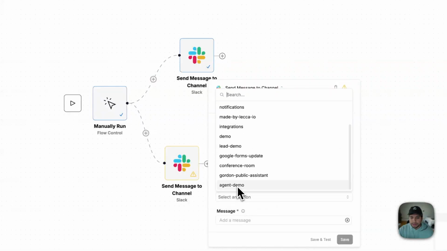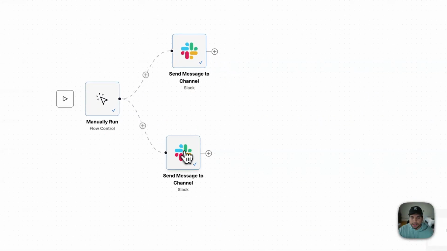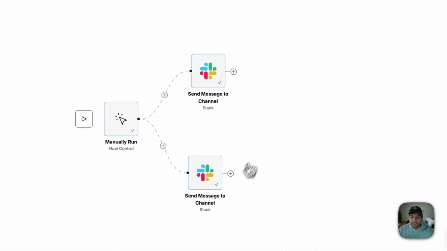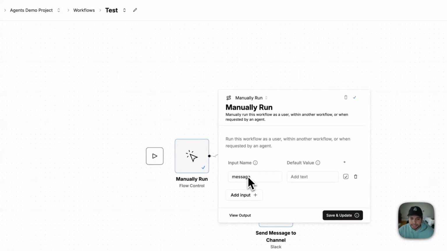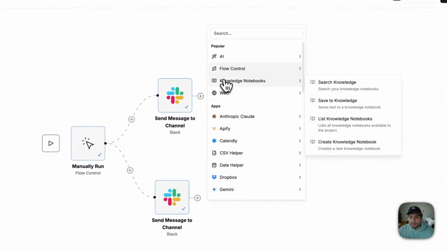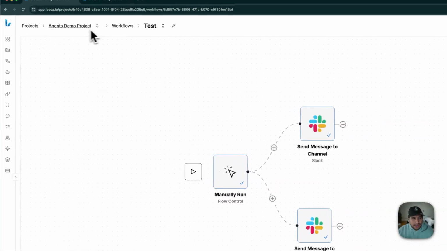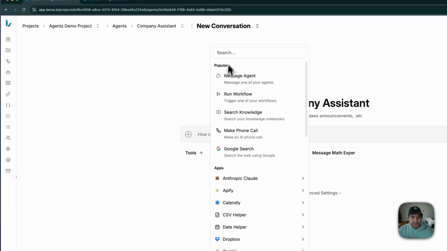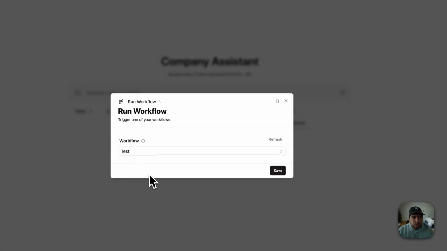And let's make this one go to the demo channel, and same thing, I'm going to map the value and save. So now anytime the agent uses this tool, I could have like 50 different channels here, right? I could have like 1,000 steps in here, but all the agent knows about is that it has this tool and it has to pass in a message. And then you can have it output data as well, output workflow data, and then it'll feed data back to the agent, which I'm not going to show in this example, but let's go to the company assistant, and I'm going to do run workflow, and I'm going to select that test workflow,